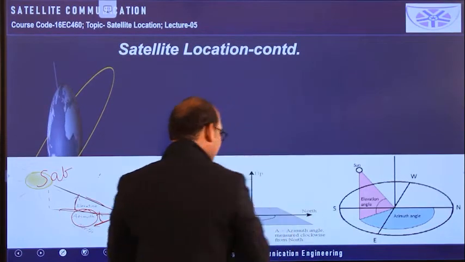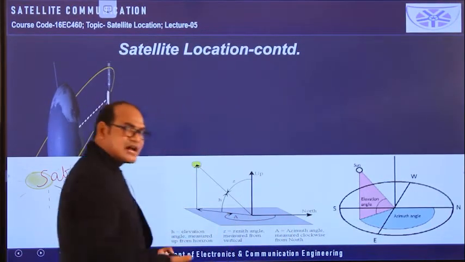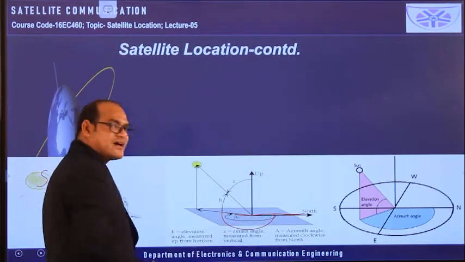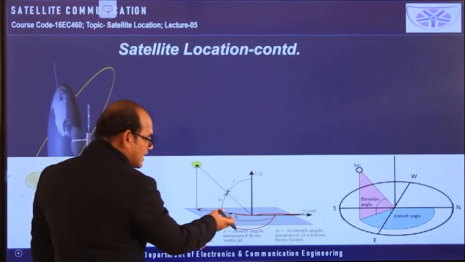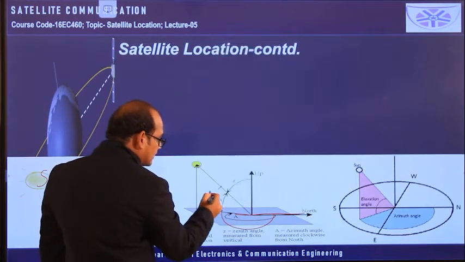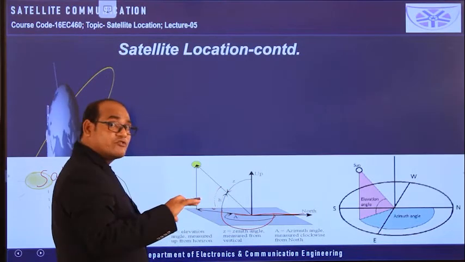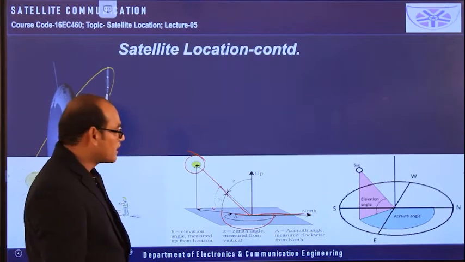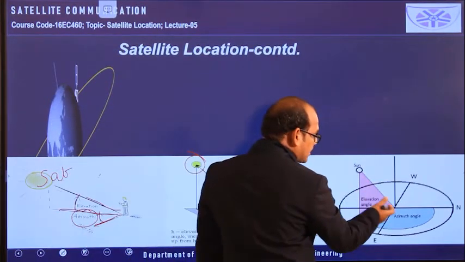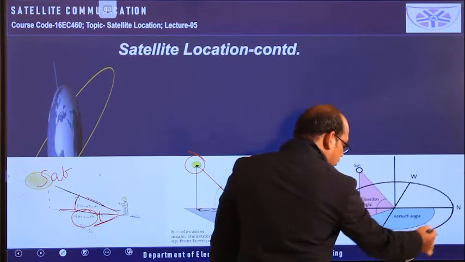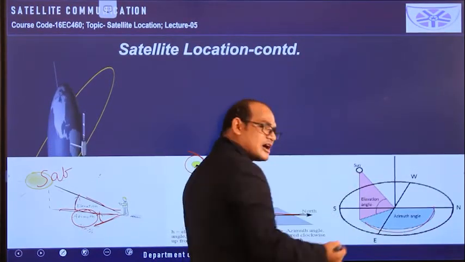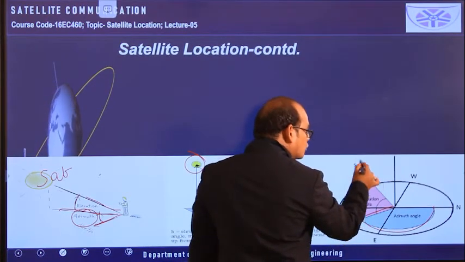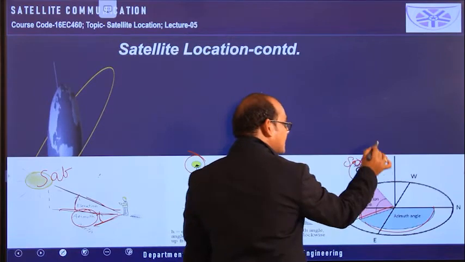And the same thing is explained here also. This is the plane that is called the local horizontal plane. From the north towards the east side, we have to travel an angular distance of the azimuthal angle. Then we have to look upside. That is equivalent to the elevation angle. Then we can see the satellite in the sky. Okay, so it is also the same. Here also you can understand in a better way. North side towards east, we have to travel an azimuthal angle. Then after reaching this position, we have to look upside to see the satellite in the sky.